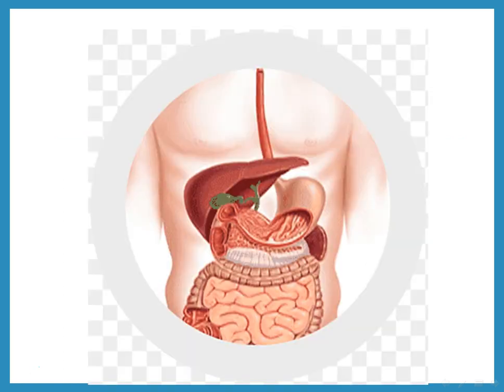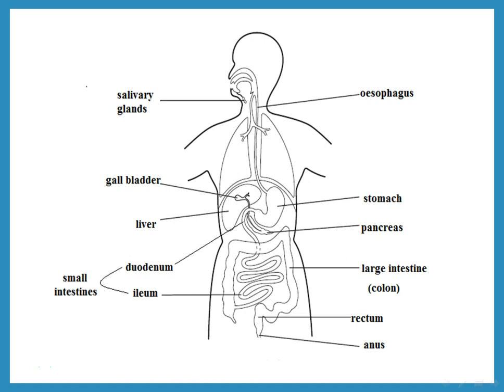So, you know that the alimentary canal or the digestive system is made up of these parts, and the first thing that you need to know is the names of the parts. So, let's take a look at the names. We put food into the mouth. In your mouth, we have salivary glands, and then the food goes down that long tube called the esophagus into the